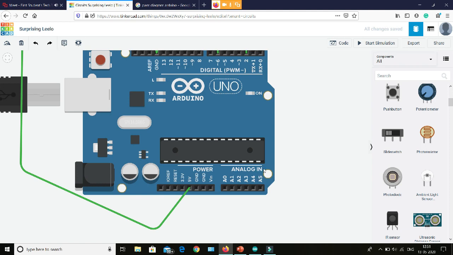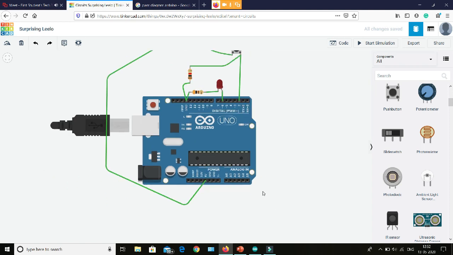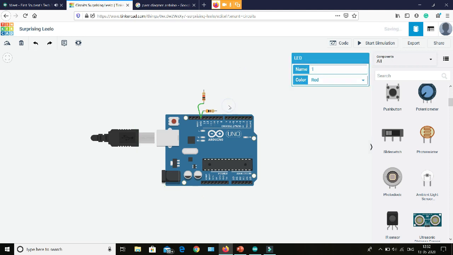So I will delete everything. Here we have a potentiometer. What a potentiometer does is it acts as a potential divider. So let's connect the potentiometer with the Arduino and see what we can do with it.